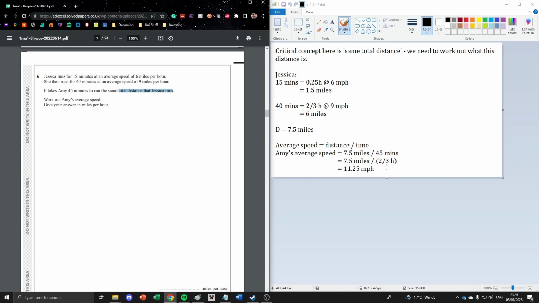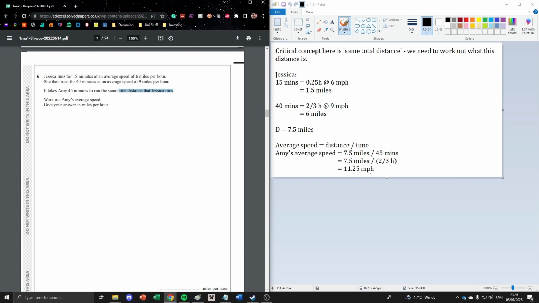Obviously to do miles per hour, we have to change this time scale to hours. So we do 7.5 miles divided by 2/3 of an hour. And obviously it's important if you're doing this on a calculator, you have this 2/3 in brackets, so there's no confusing multiplication, division, etc. And that's going to get us an average speed of